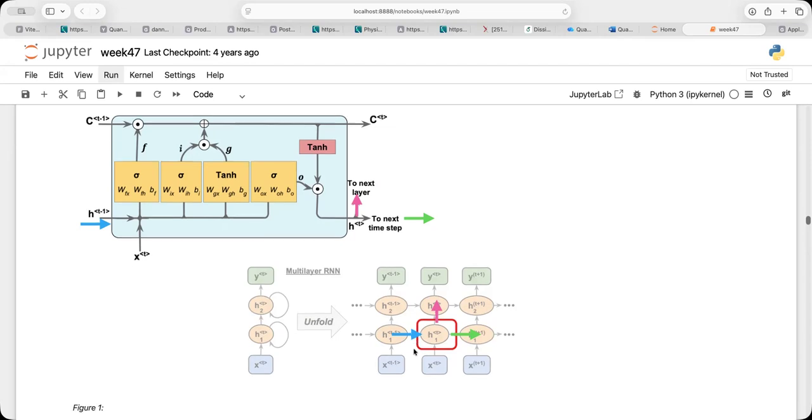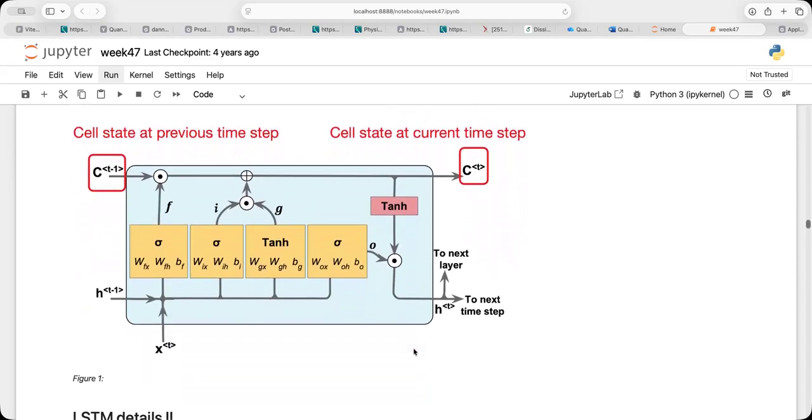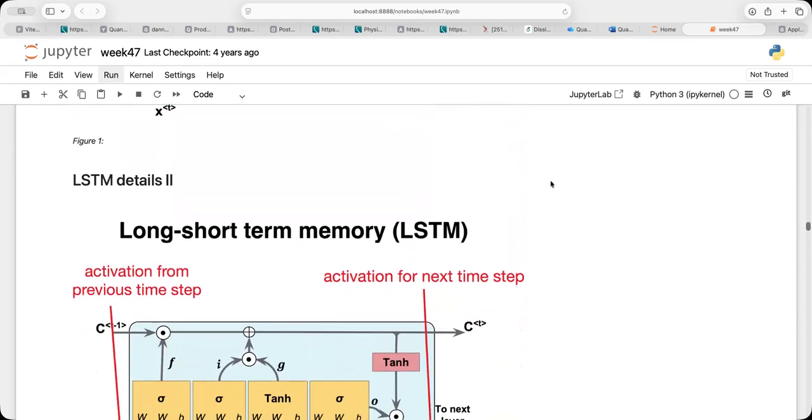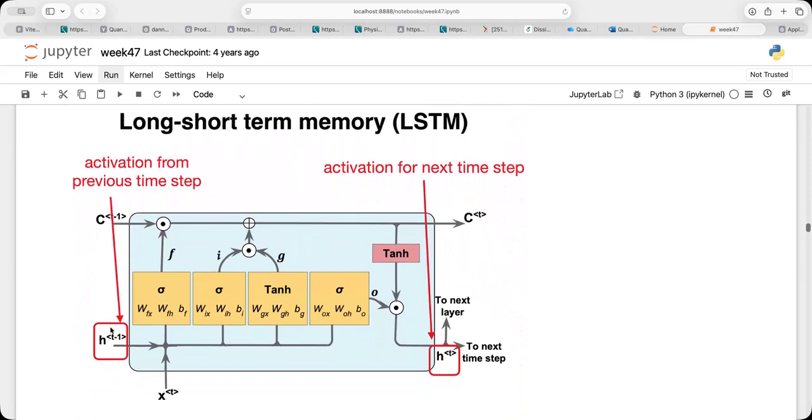So if you look at these different slides, you could then say that you have the cell state at the previous time step, and then you produce a new cell state at the current time step, which is then fed into the next cell. And the activations which come from the previous cell, this H of T minus 1, is the one which is meant to keep track of the short-term memory. So the C here is in a way the long-term memory, whereas the H's, which connects the previous recurrent unit, or cell in this case, is the one which keeps track of the short-term memory.